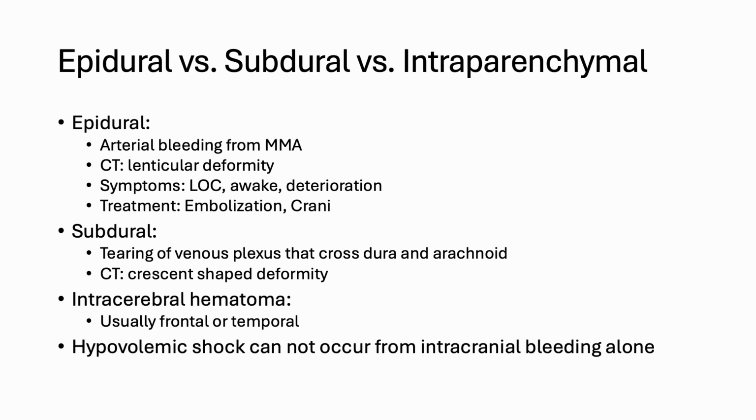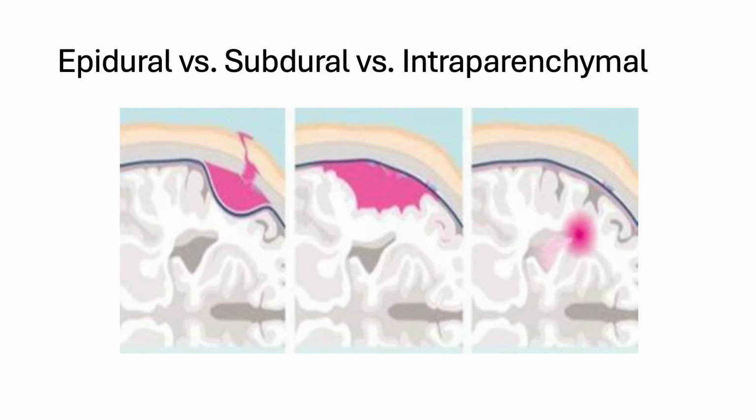And then an important aspect of trauma is going to be to remember that hypovolemic shock cannot be caused by intracranial bleeding alone. And if your patient does have evidence of hypovolemic shock, you need to look for other sources of bleeding. And this is an image to better demonstrate the difference between an epidural, a subdural, and then an